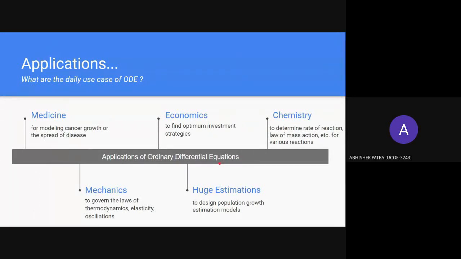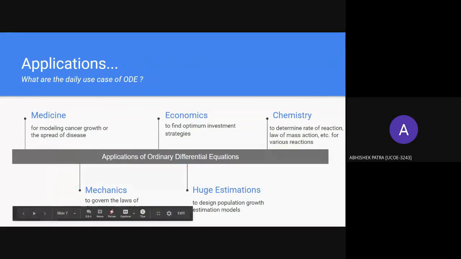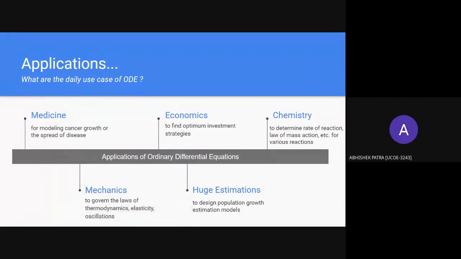dU equals dQ plus dW, where U is the internal energy of the system, Q is the heat flow of the system, and W is the work of the system. In the field of mechanics, Newton's second law of motion uses differential equations to describe the motion of a body.